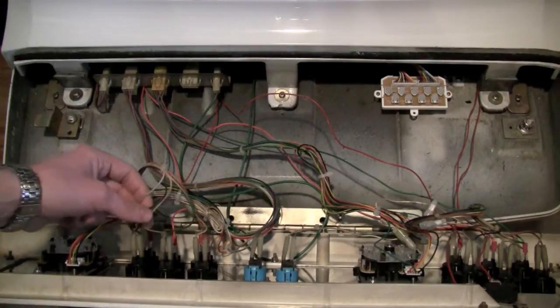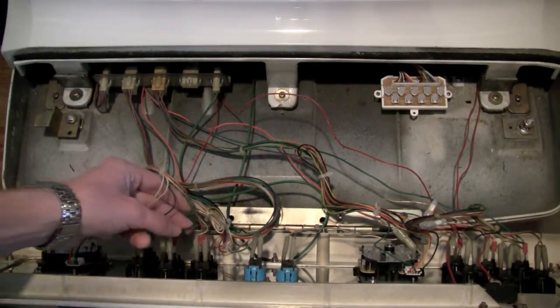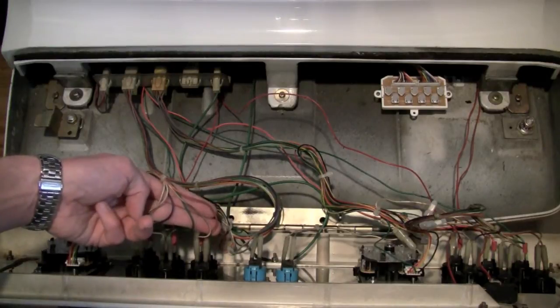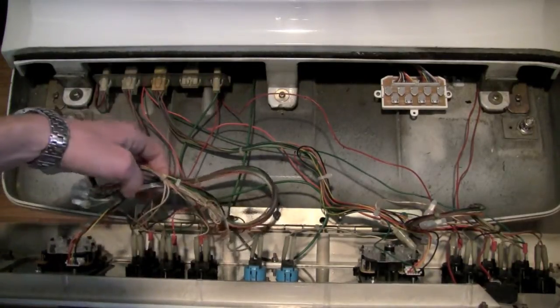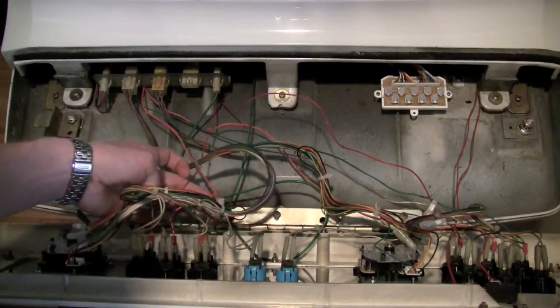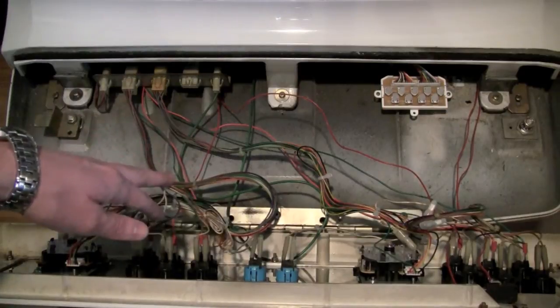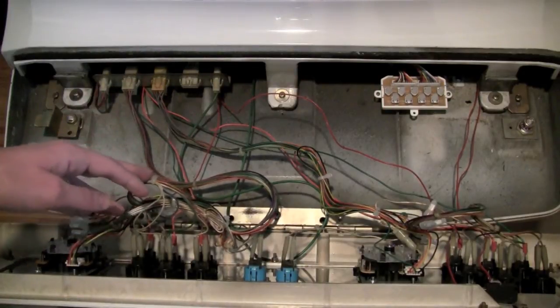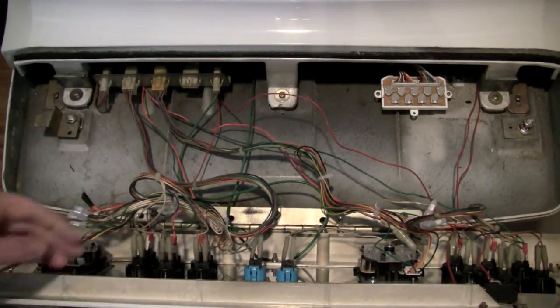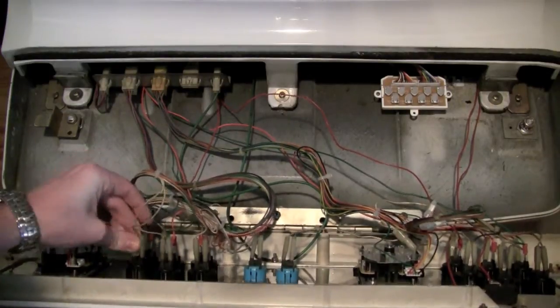So in this case, the original wires that were in the machine are blue, green, and orange for the top three buttons, and the bottom three that I wired in myself are red, orange, and green. And so I can actually tell which wires go to what buttons. As far as the grounds, it doesn't really matter because it's a single ground. But anyway, if you're going to take just one button at a time, all you have to do is pull these guys off,